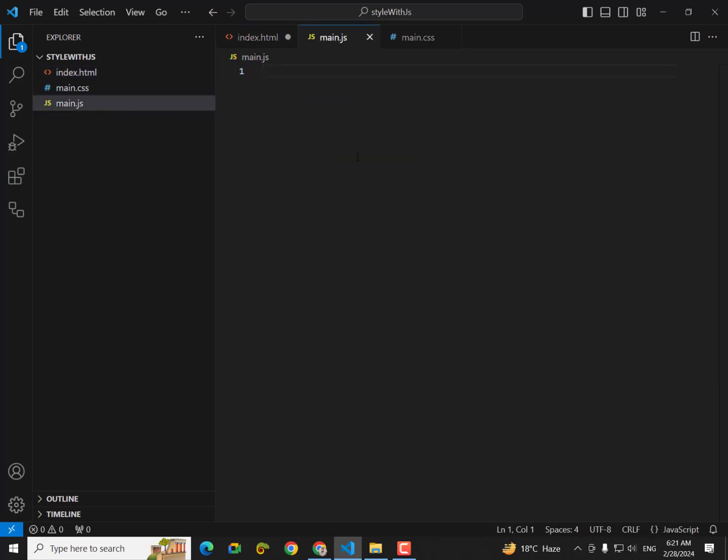To target this ID I am using a variable. What is a variable? A variable is nothing but a named memory location which is used to store some data. I am declaring a variable by using the let keyword. After the let keyword there is a variable name, my heading. Here I am using camel case. My heading equals to